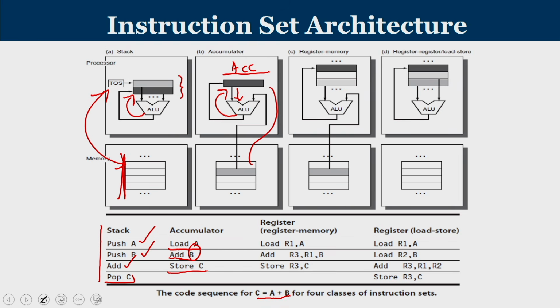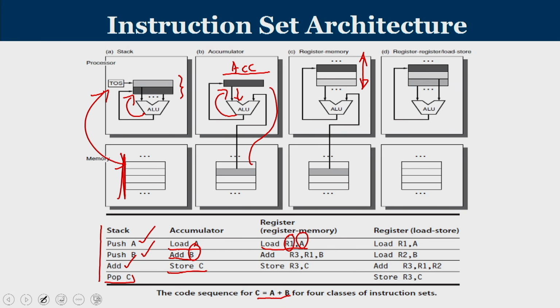The third category is called register memory architecture. In register memory architecture, similar to what we have seen in accumulator architecture, we have registers inside the CPU. We have many such registers inside the CPU. It is not restricted to one register like the accumulator, and these registers are named R1, R2, R3 and so on. Now, when you use the load instruction, we have to clearly specify to which register you have to load and from which memory location you have to load. So, the loads are now associated with two operands. One is a destination register and the other one is the source memory location.